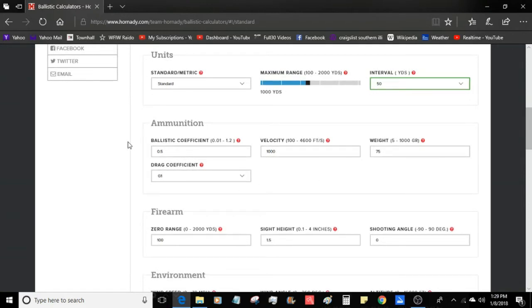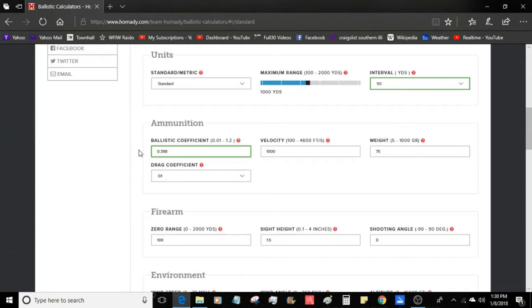The ballistic coefficient is basically a number that represents how aerodynamic the round is, kind of in short. If you're doing reloading, generally the box of bullets has this information on it. You can also search it on the internet. So the 73 grain ELD is a 0.398, so we'll enter that. The higher the number, like 0.500, 0.600, is a more aerodynamic number, and the lower, like 0.100s, are very low